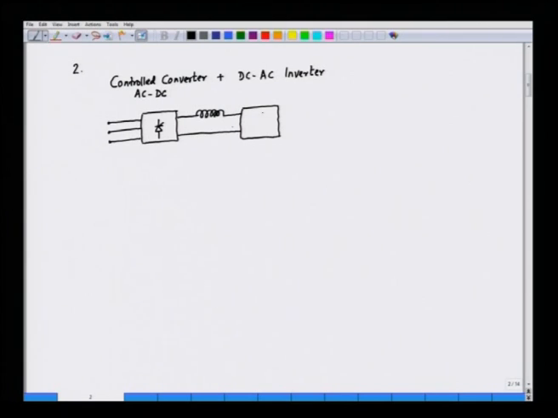So, here in this case we can have IGBTs or GTOs or even SCRs. So, we saw that by means of a GTO here, the front end is a control converter,